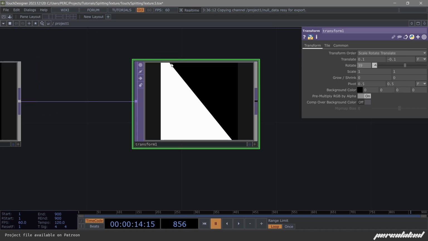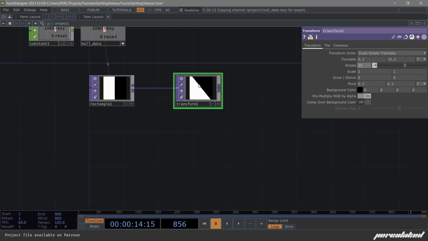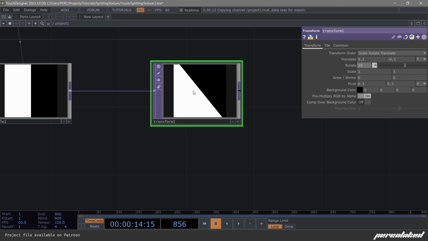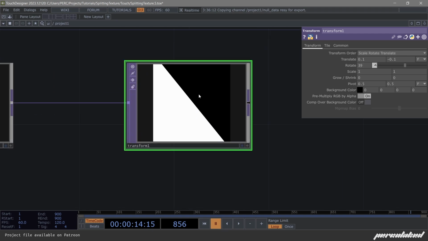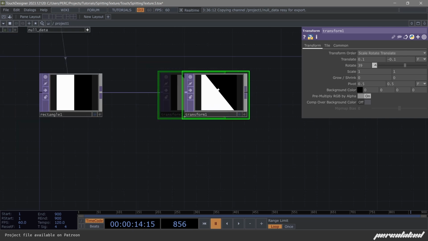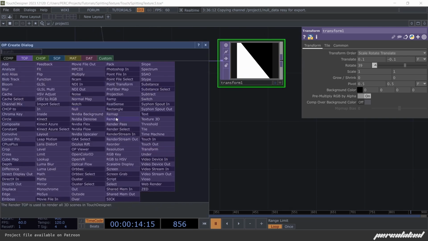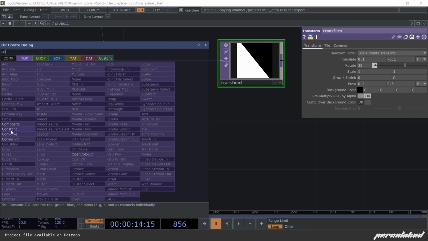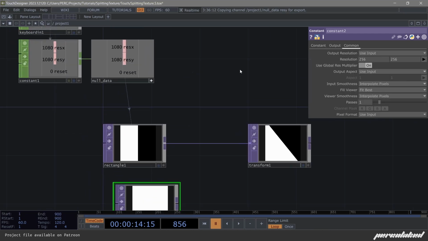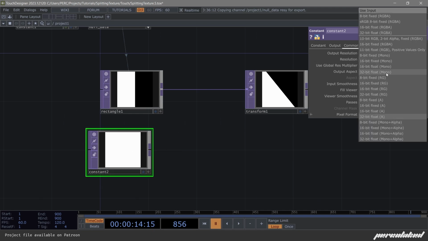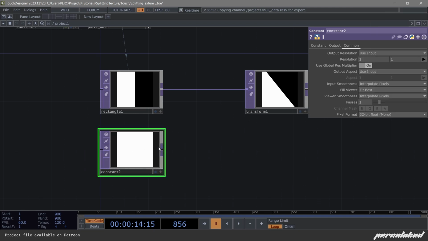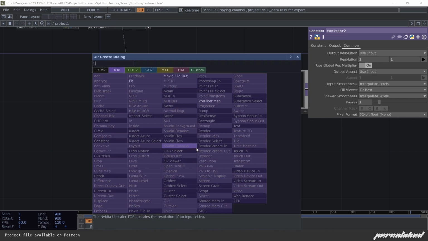But first, this is only a black and white texture, right? What we want is a texture with half of it pointing in one direction, or having the information of a vector pointing in one direction, and the other half pointing in the opposite direction. So to get that, this is only like a mask. Right now it's only black and white. So I'm gonna use a constant here. There's just gonna be 1 pixel. And let's use 32-bit mono. And this, with a function,